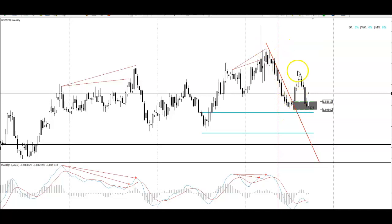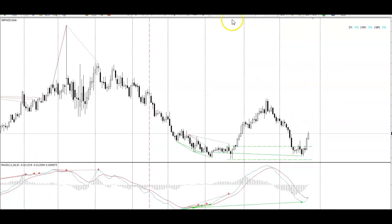This area broke this trend, comes back down pretty strongly. This is telling me the strength of this move down back into this area that broke the trend. We're going to get a huge reaction here. That's why I've been looking to buy this pair. And you can see again change of structure after this move down. As it's approaching this area, as it just enters the area, you can see a lot of rejection on the